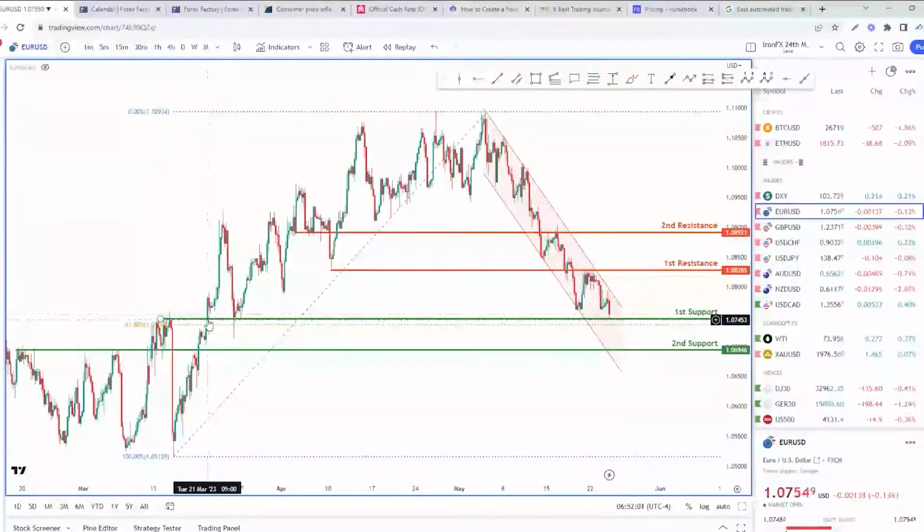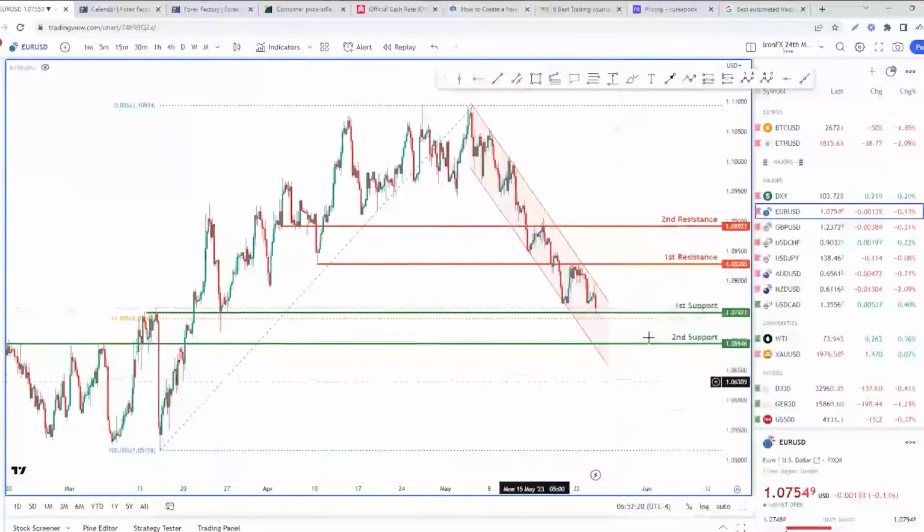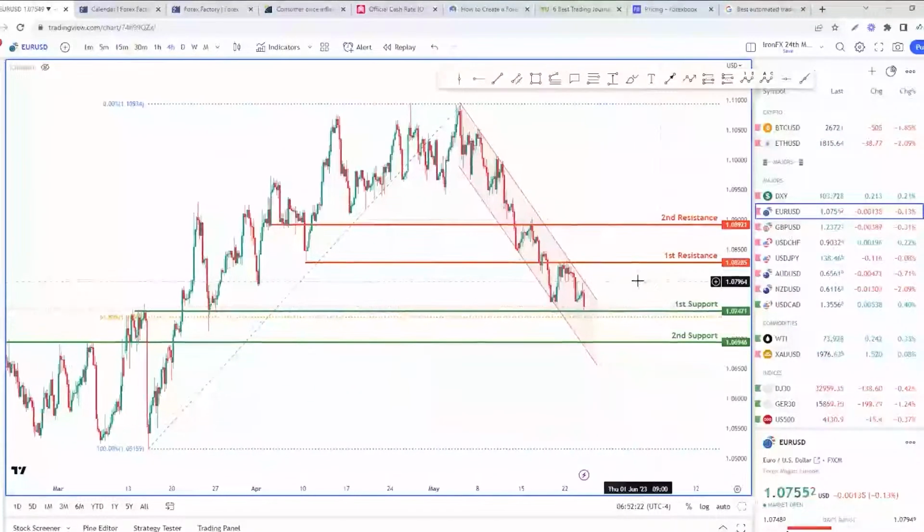It finally broke out of it on 21st of March. And then a few days later, although yes, the wick did extend beyond the support level, price actually pushed back higher, found support before going higher. So if, for example, if you had been